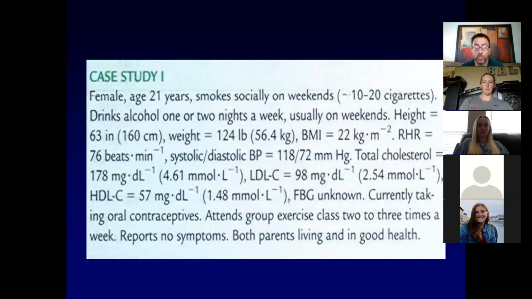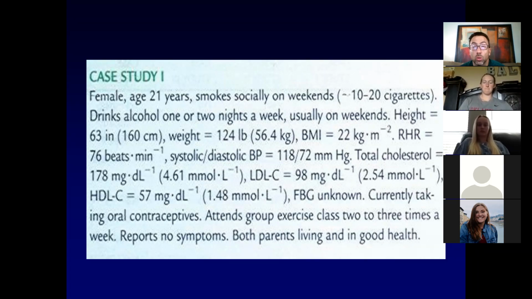So remember, let's try to do the more complicated version. We could say we don't know it, we're going to count it as a risk factor. And if you then counted cigarette smoking as a risk factor, then she would have 2 and she would be moderate. However, we don't know it, but she is young. She's 21. She is not obese by BMI. She is not sedentary. So we wouldn't have to count fasting blood glucose as one.